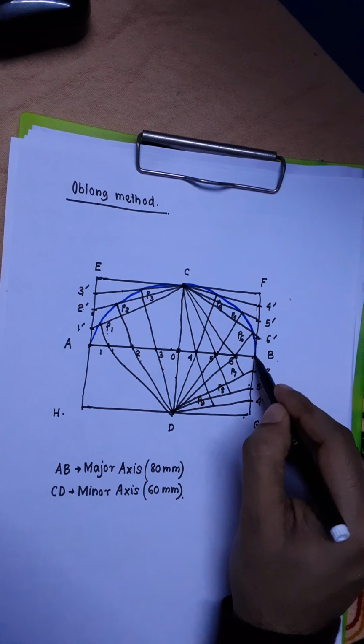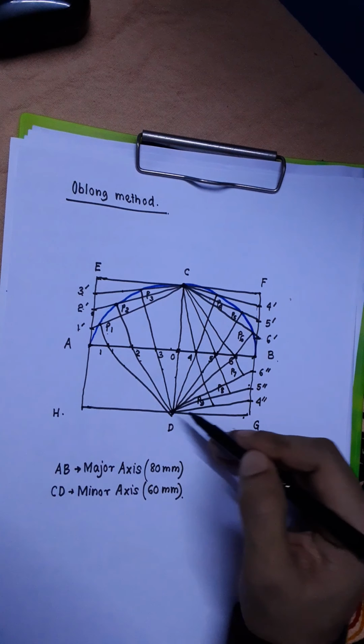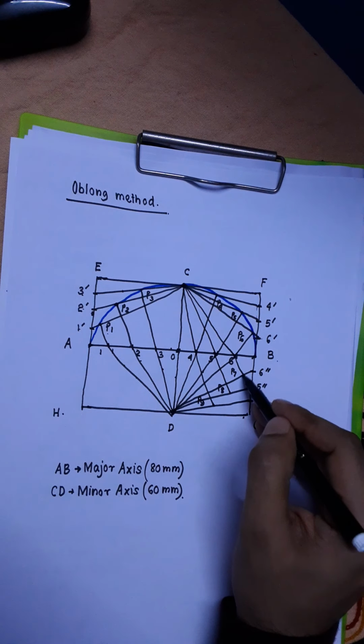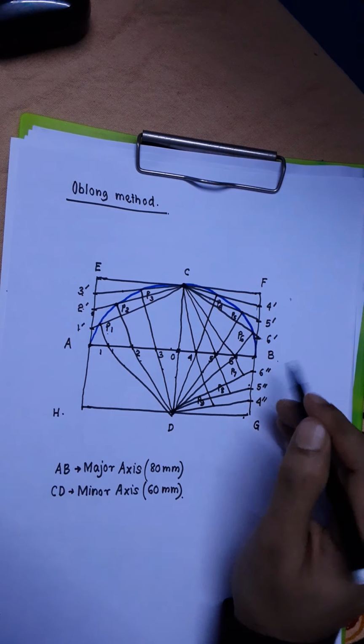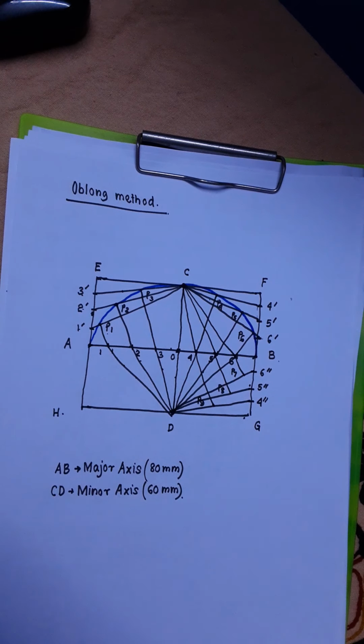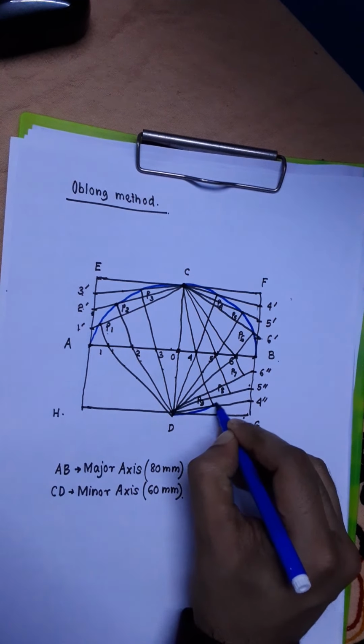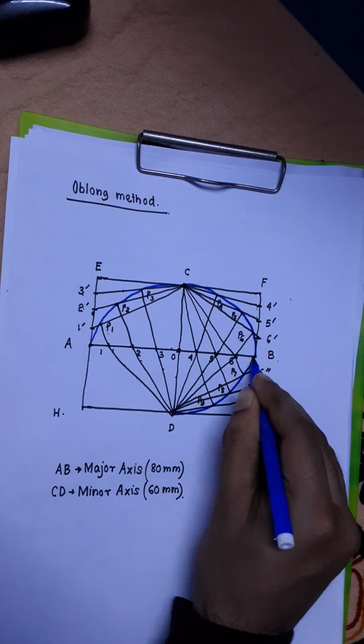This is one end of the major axis, this is one end of the minor axis. So both of them will lie on the ellipse, and other than those two, P7, P8, P9 are also points which are going to lie on the ellipse. So these 5 points, if you join with the help of French curve, you are going to get another quarter of the ellipse.